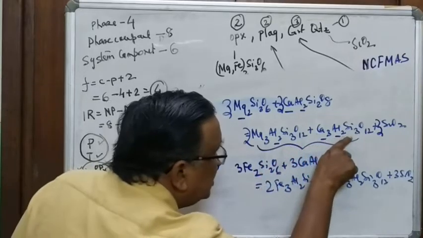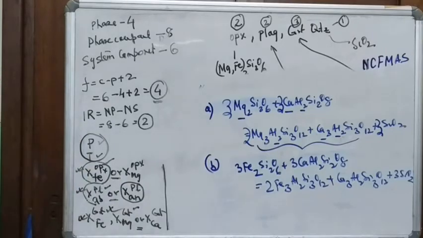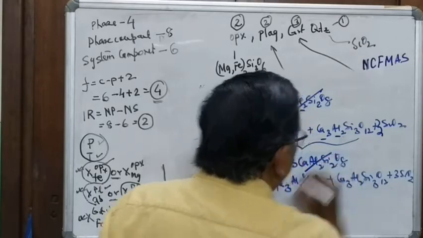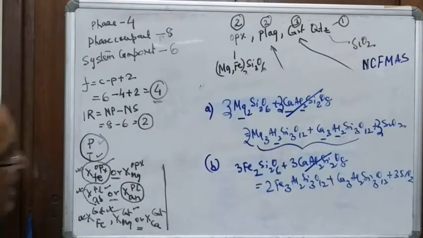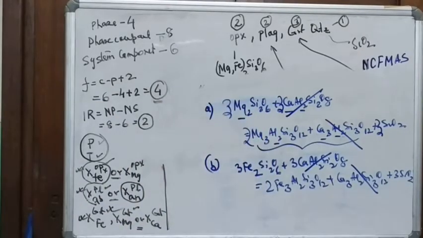And also, this grossular and this grossular will cancel off. So, this and this will cancel off, and this will cancel off. So you will be left with